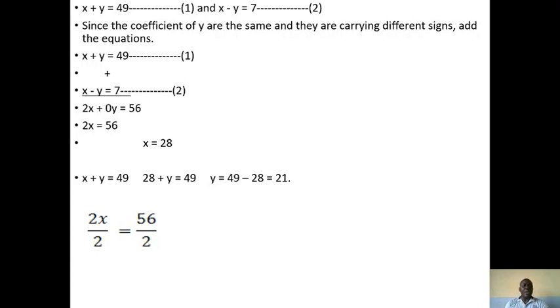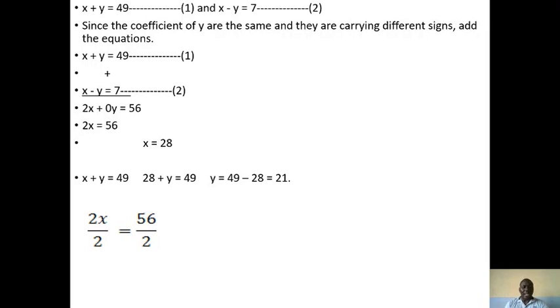Okay, so now I've gotten the value for x. The next thing we need to do is to find the value for y. Substituting the value of x into any equation will give us the value of y. So I'm using equation 1. I substitute 28 into equation 1. We have x plus y is equal to 49. So move 28 to go and meet 49 on the other side of the equation. So I will have y equal to 49 minus 28,